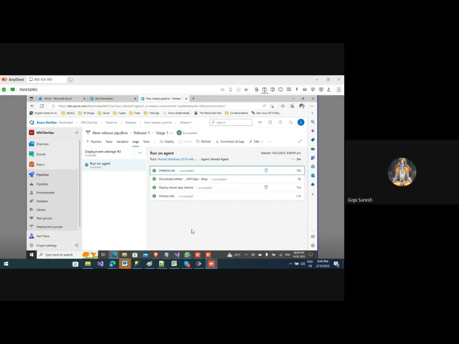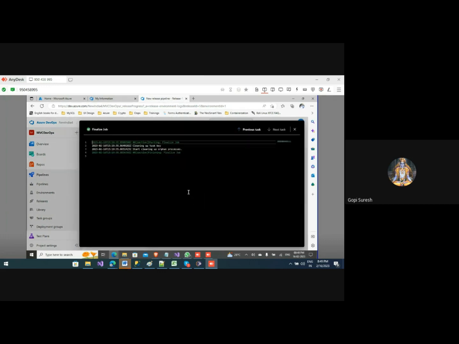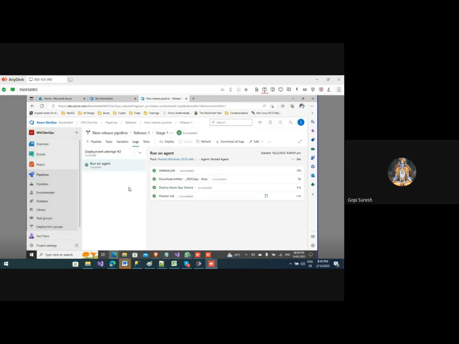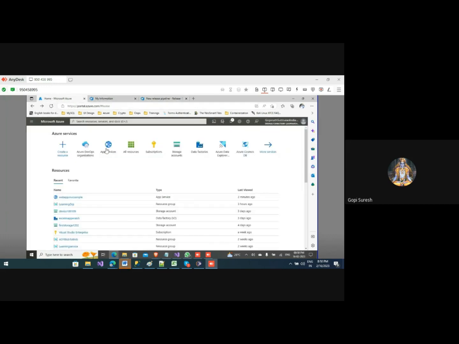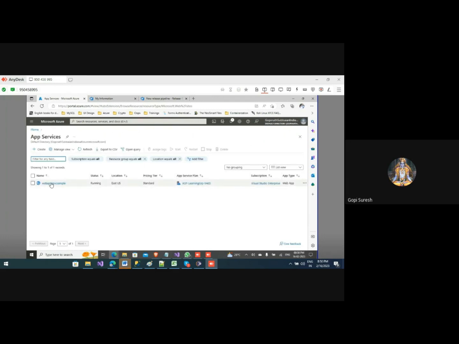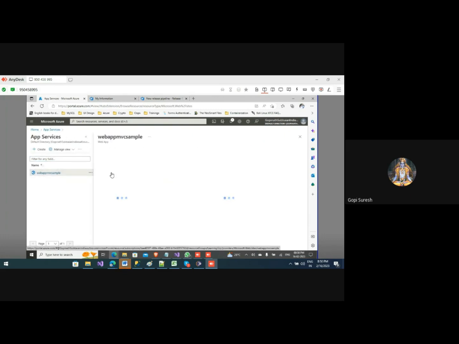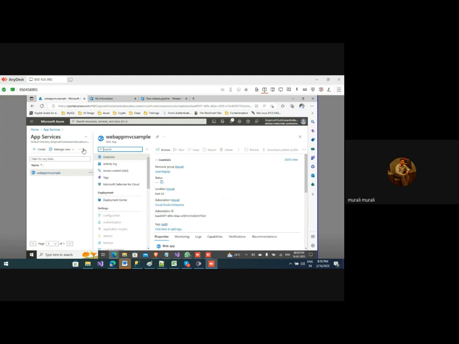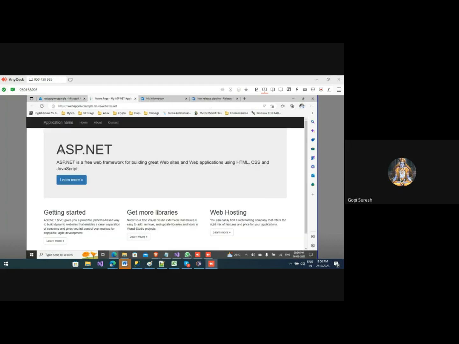Everything is done now. Okay. So now it is finishing the job here. So it has succeeded. So let me click on this. Yeah, it is done. Okay, because I have targeted a server, I'm going to that server now. The only one app service I have in this whole build, I'm taking this one, web sample. So here is the URL. Let's run this. Okay, so my application is running.